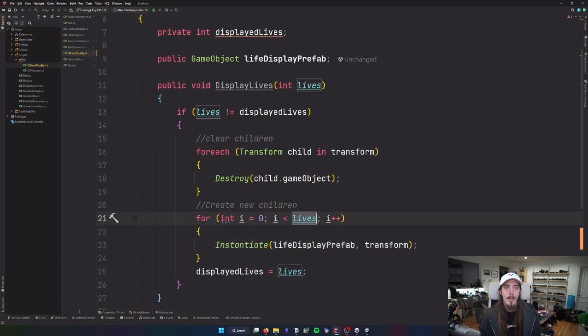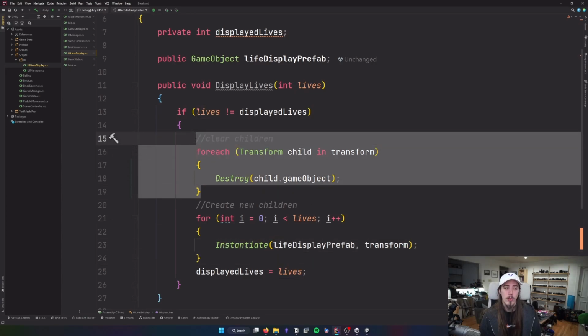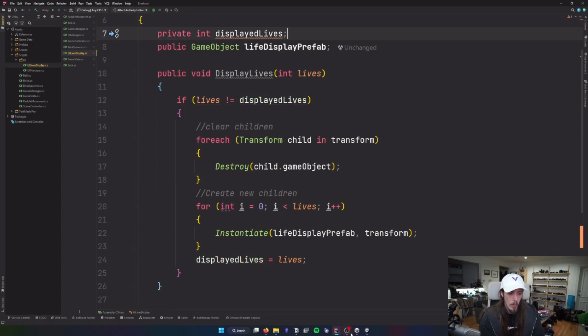Create lives number of these objects as children of myself after first destroying all my previous children. Destroy my children, create that number of children. That's not going to arrange them left to right. Or will it? If we go back to Unity